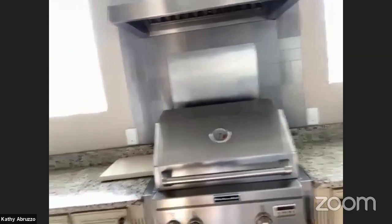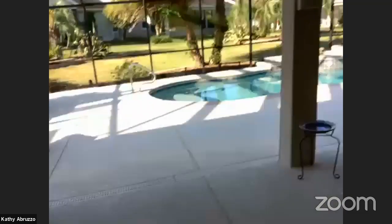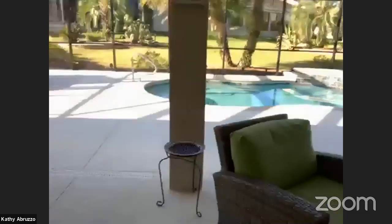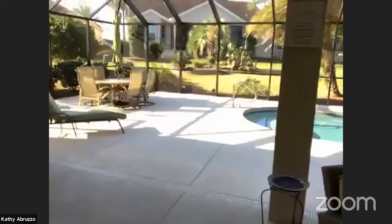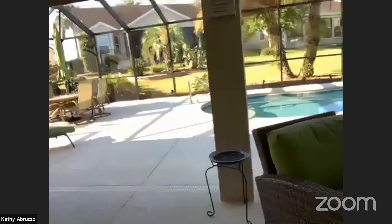The grill is propane. They have a buried propane tank just for the grill. Half bath off the summer kitchen and pool area, so that makes it quite nice. There are these screens, which I will show you, that all of them are remote. So just kind of give you an idea. So you can put these up, put these down. Solar heated, saltwater pool,